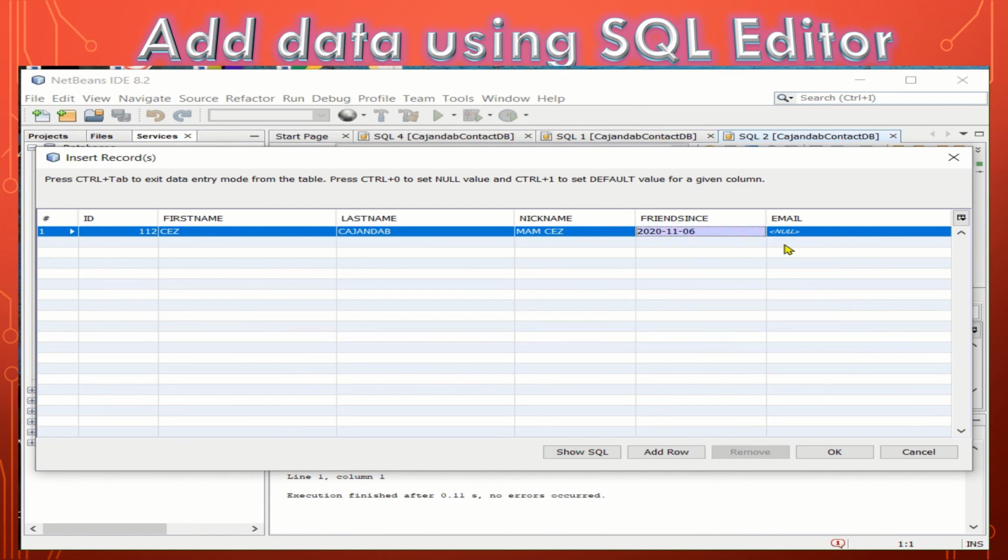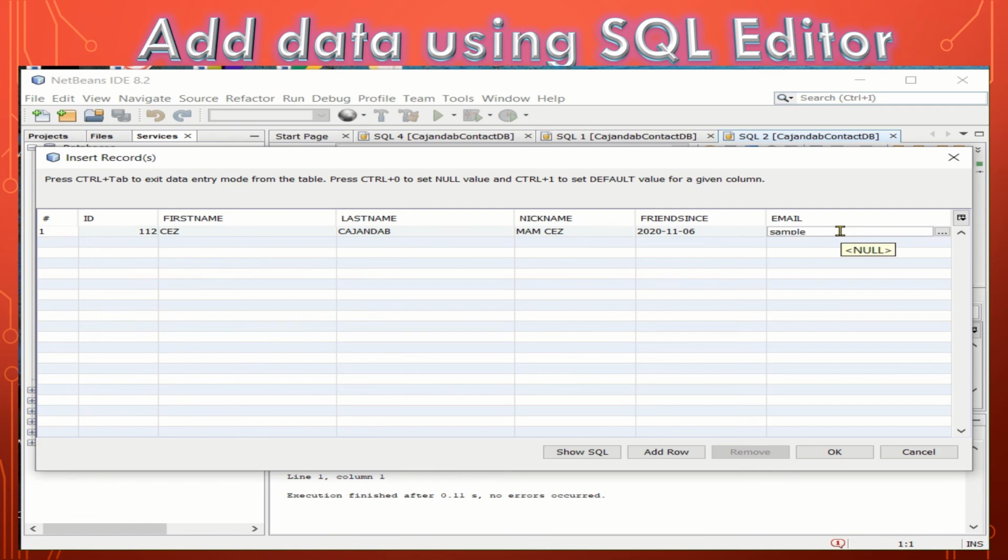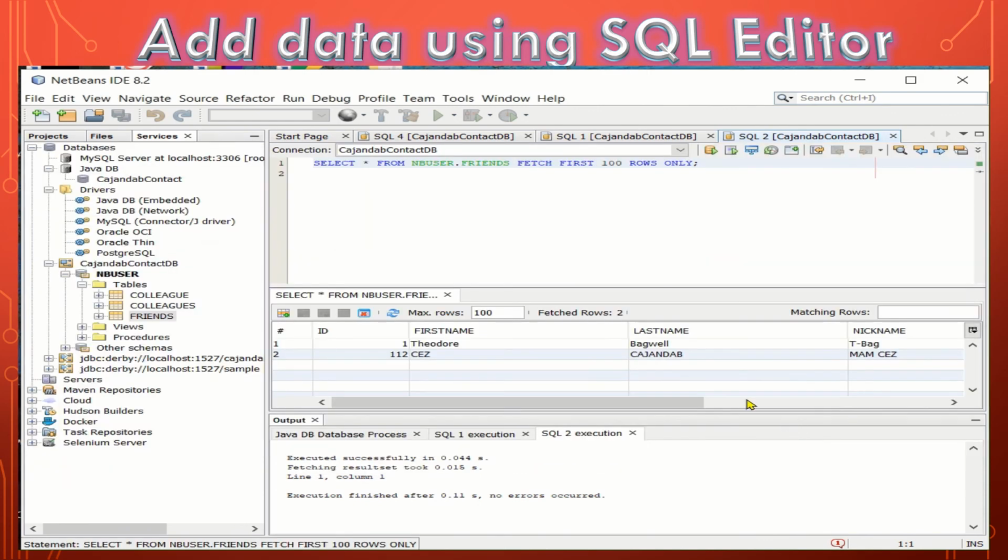Okay. Then for the email, sample@gmail.com. Just an example. Then click OK, or you can add a row. You can show SQL command. So let's first click OK, and we're done. So this is now the new records you have just added,